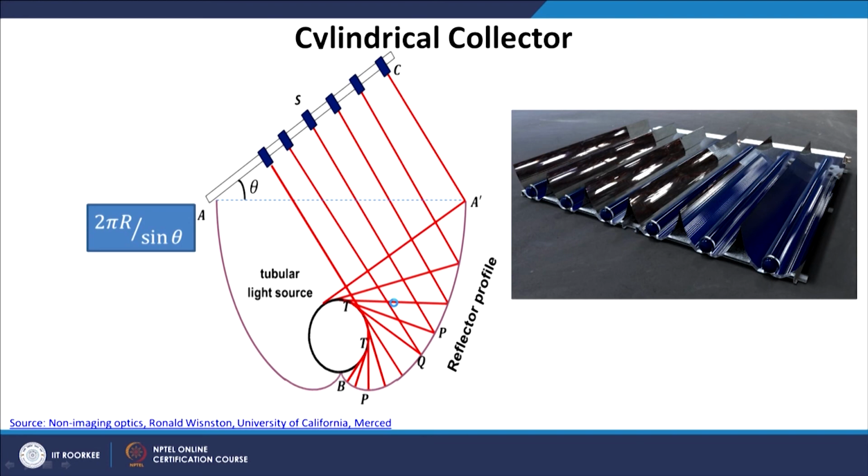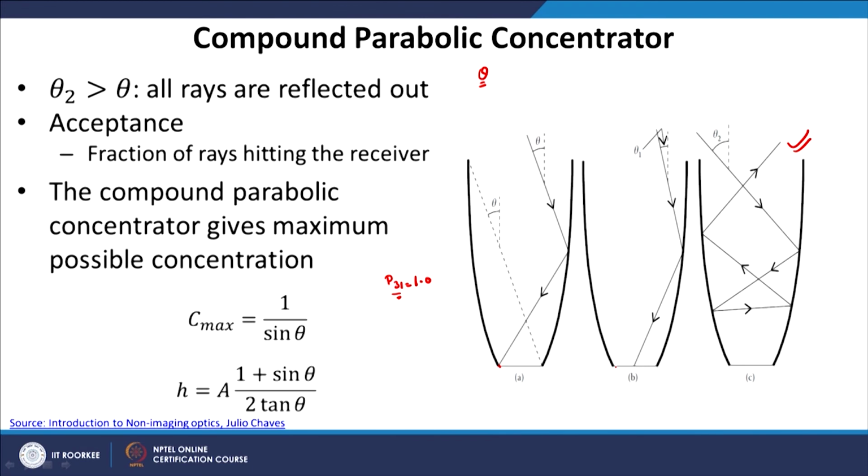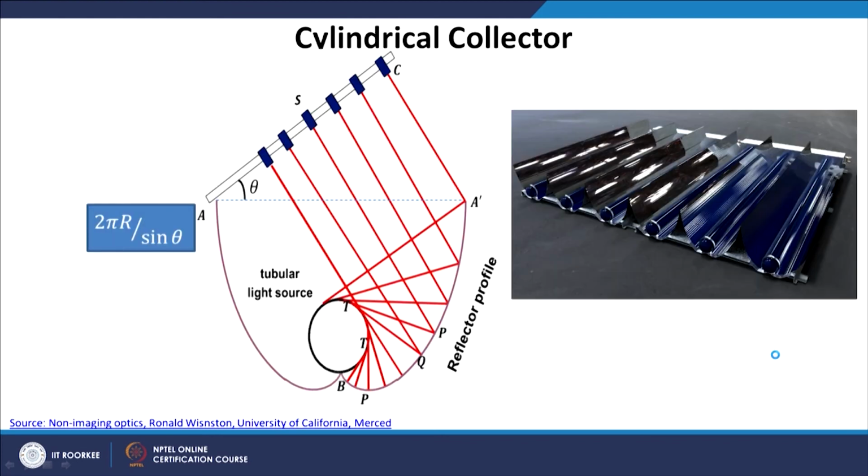I have shown you the design of the parabolic trough in the previous slides. There is a second configuration which has now become very popular, that is the cylindrical collector. In the earlier case we have a flat collector, as you see here. This is the collector plate, and all the radiation is absorbed on this plate. There is a new configuration coming up, which is the cylindrical collector. In this we do not have a flat collector, we have a cylindrical collector.